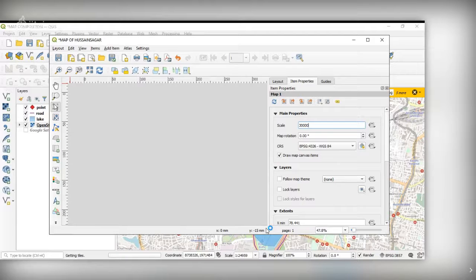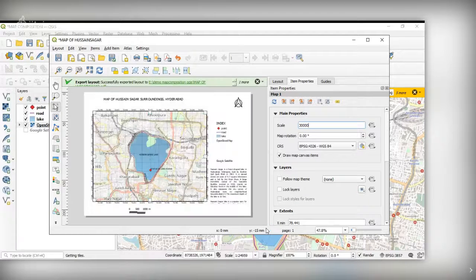So that PDF can be opened in any document, or you can take a printout from that. And the scale is immaterial. In GIS, scale is immaterial. The scale of the data input matters, but once data is in digital format and GIS format, scale is immaterial. You can enhance, enlarge, or reduce as per your needs.